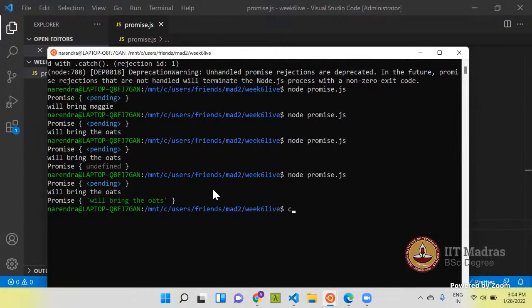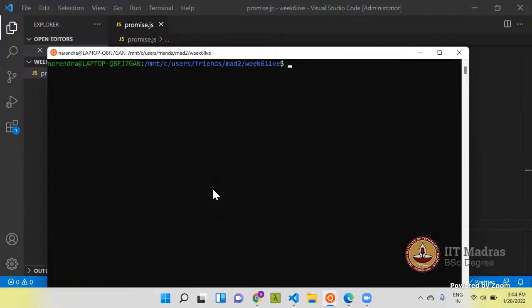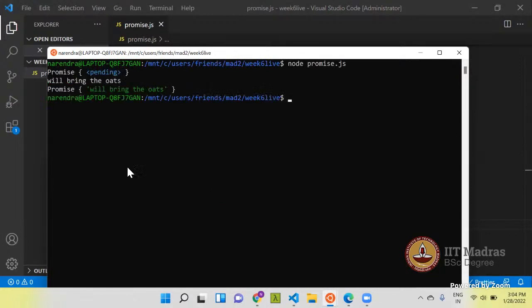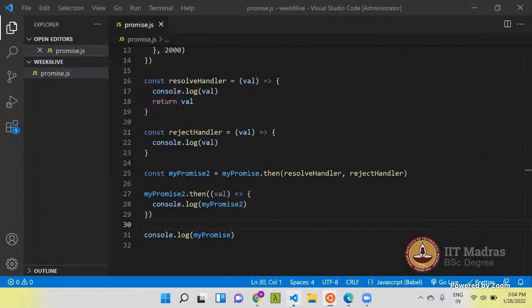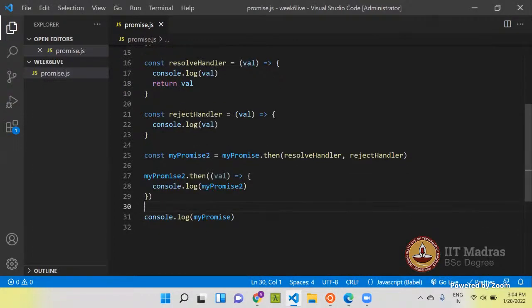Let's clear first. Now it resolves with "will bring the votes". What happened? What changed? Are you guys able to understand what I'm saying?